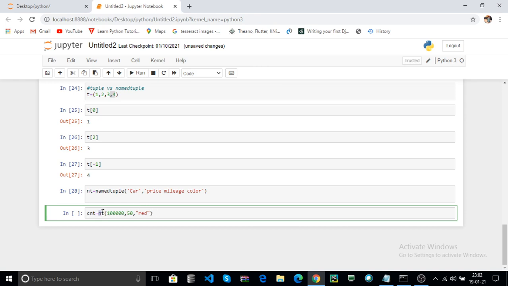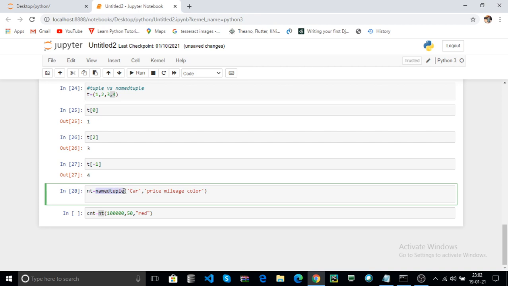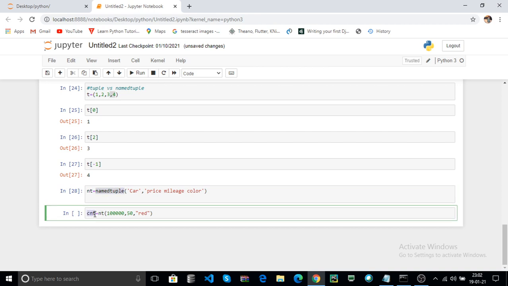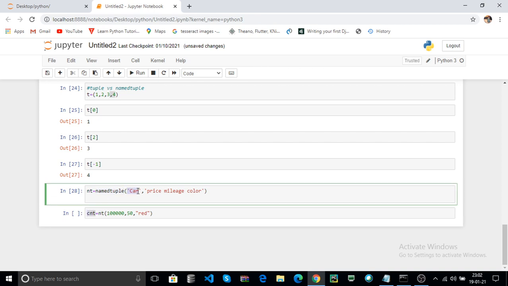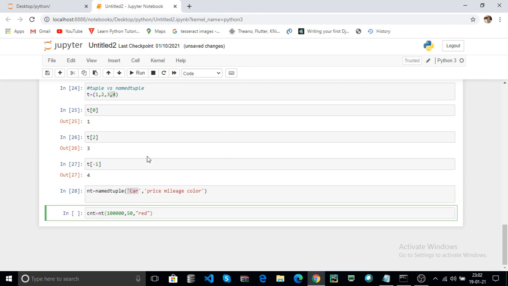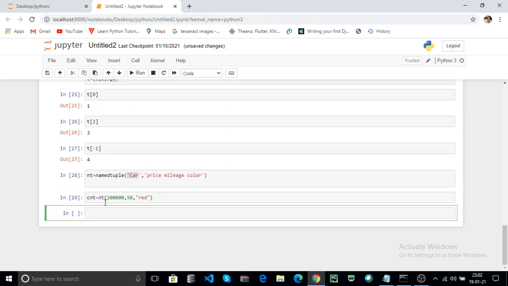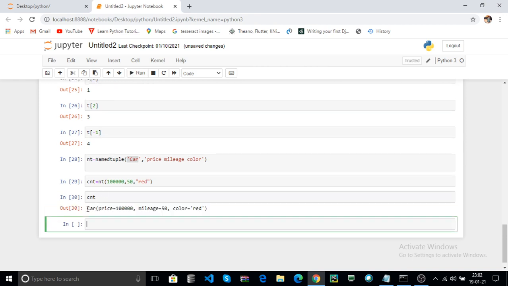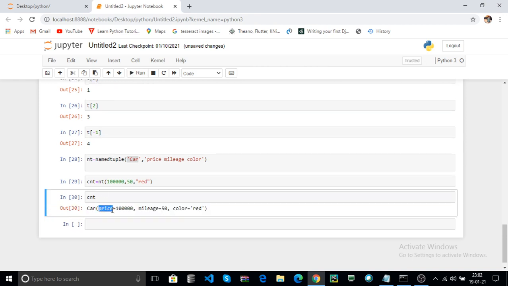Here nt is the namedtuple object, here cnt is the car object. Now click on run. Here cnt contains your car data. That means your car contains the price, mileage and color.